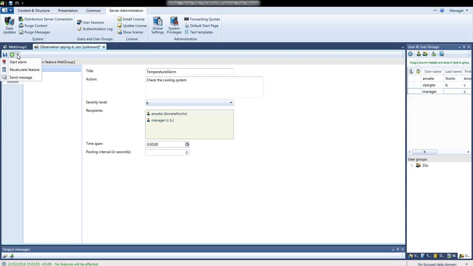We have the possibility to recount some features. This is a subject of a different video, of a different session where we will talk about calculated features. It's not that interesting right now, but the next option, to send a message, of course, is interesting again, because